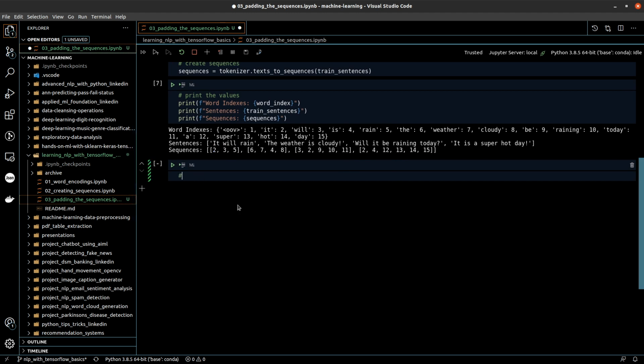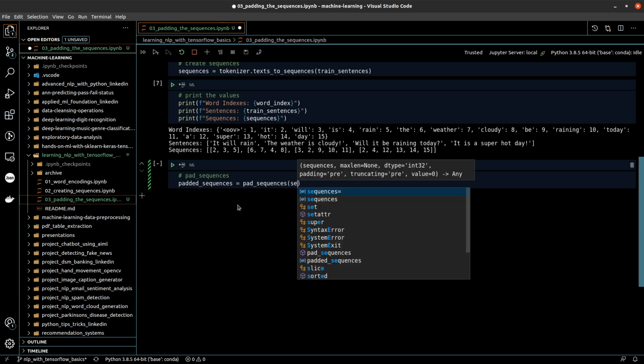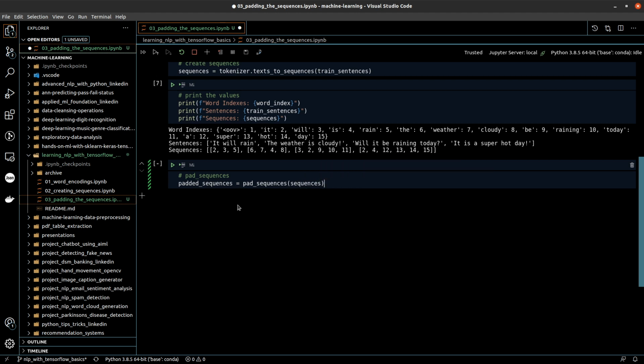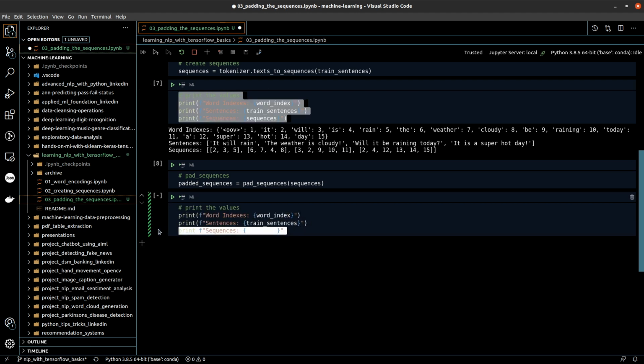So let's create a padded sequence variable and call the pad_sequences function, and we will pass our sequences that we have already generated. After this, if we print the values again, including the padded sequence, we will be able to see the difference.